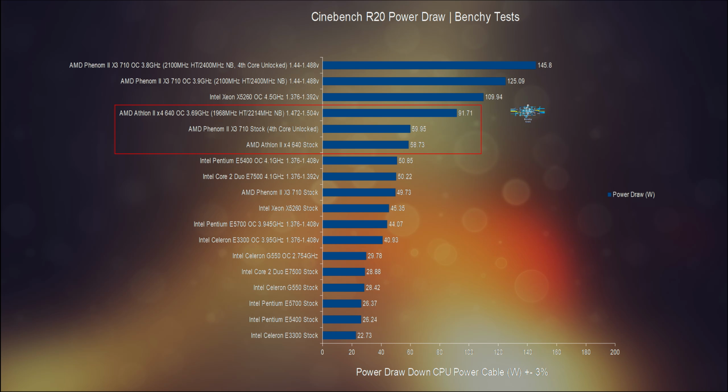Moving on to power draw, and we get to see just how inefficient the 640 becomes once overclocked. At stock, the Athlon pulls 58.73 watts down the CPU power cable, plus or minus 3%, putting it almost equal to the stock Phenom II X4 710 with its 4th core unlocked. And this shoots up to 91.71 watts, plus or minus 3%, with the 3.69 GHz overclock, which needed nearly 1.5